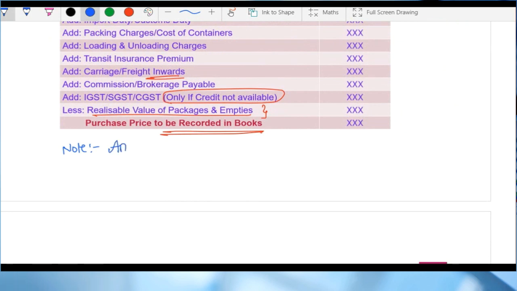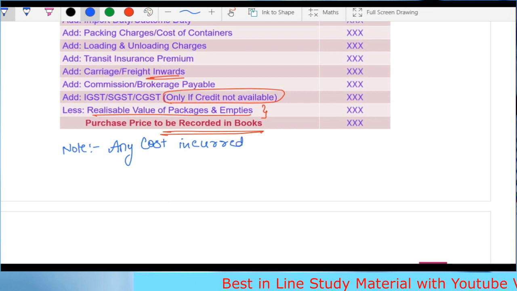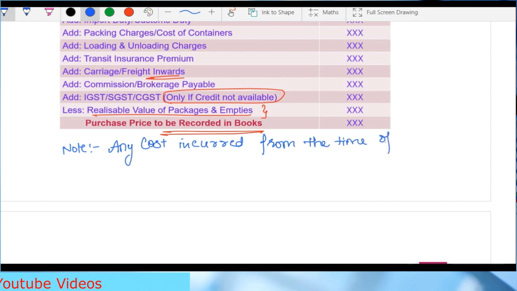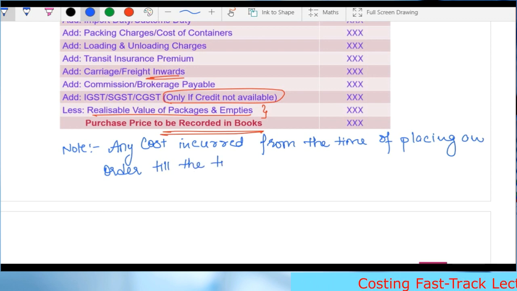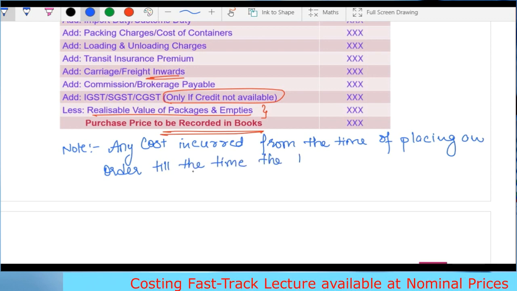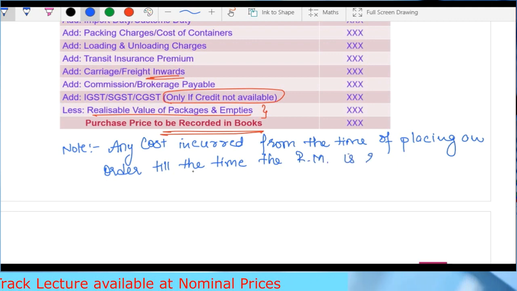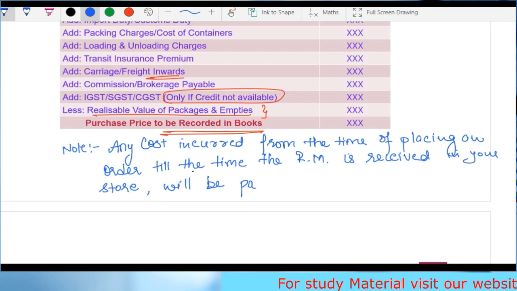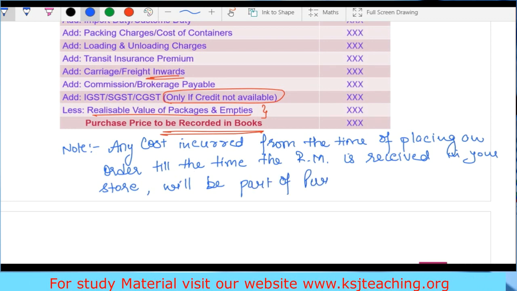Any cost incurred from the time of placing an order till the time the raw material is received in your store, right, will be part of purchase price,